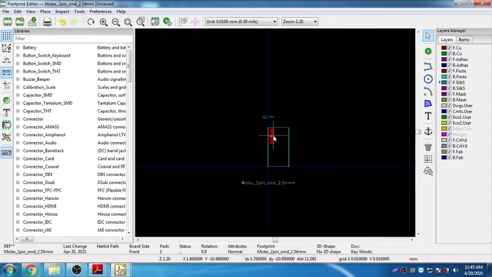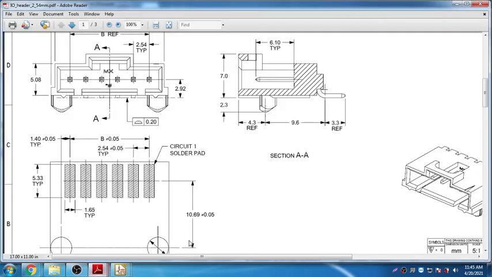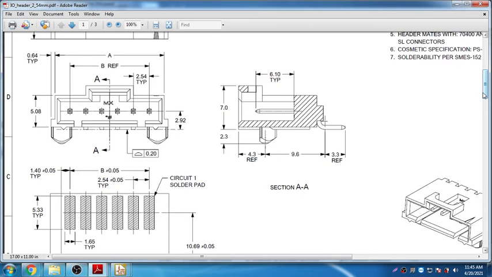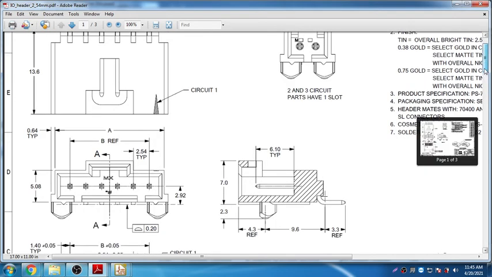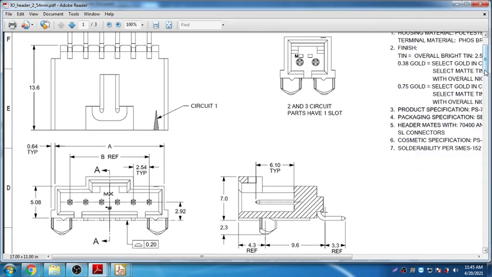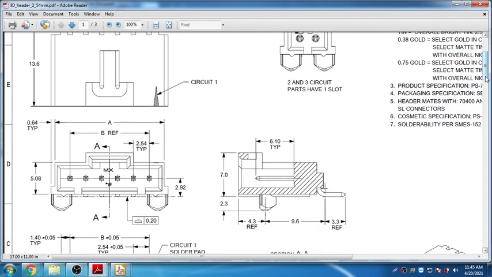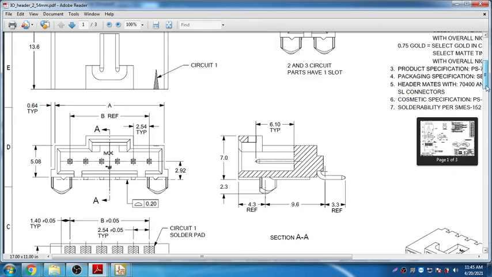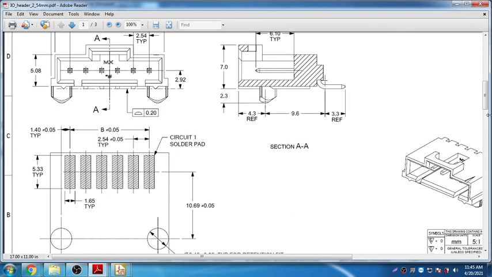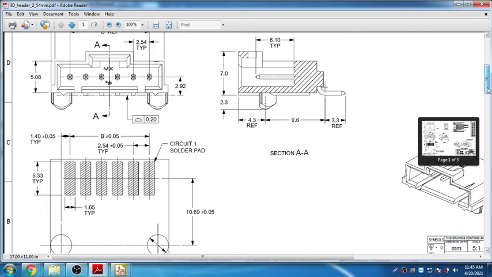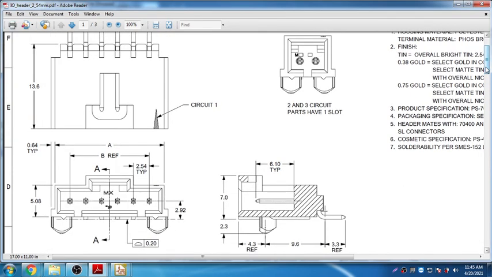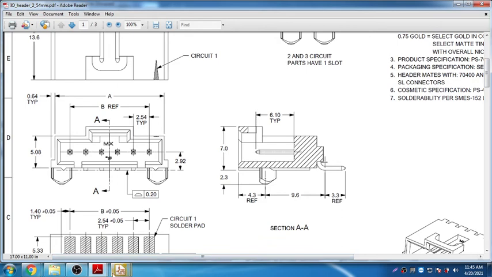Now the next component that I'm going to place is another component. So look at this graph here. Okay, now a 2.54 mm gap is there.